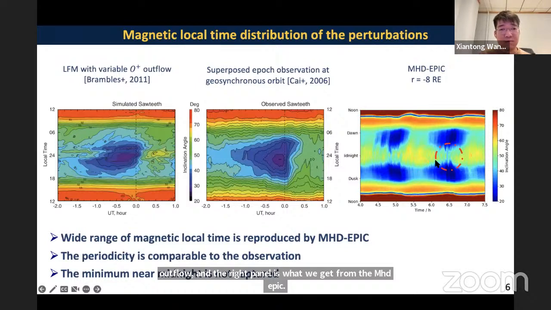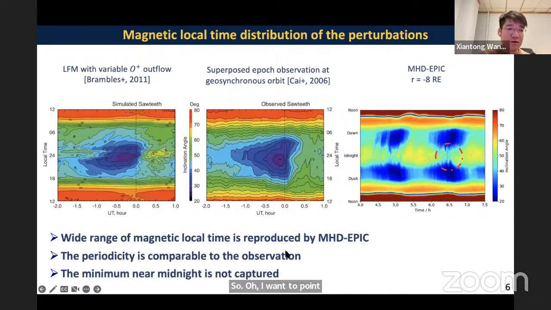I want to point out that the wide range of the magnetic local time perturbation is reproduced by the MHD-AEPIC. The periodicity is comparable to the observation. The minimum near the midnight is not captured, probably because we don't have enough... So